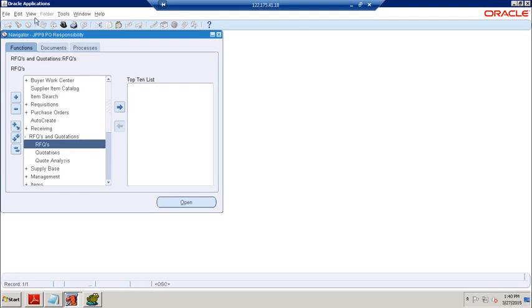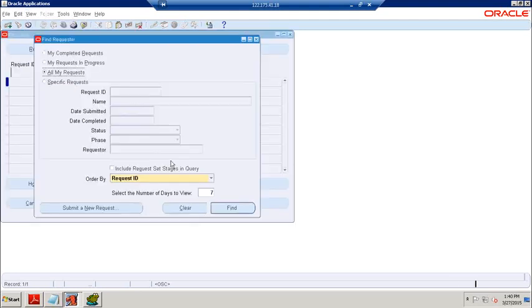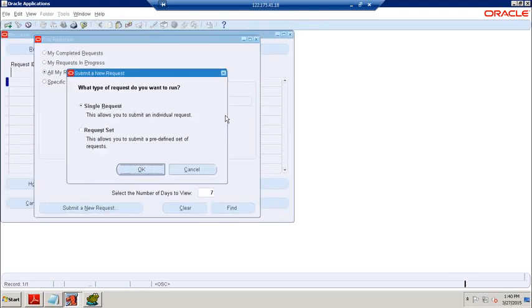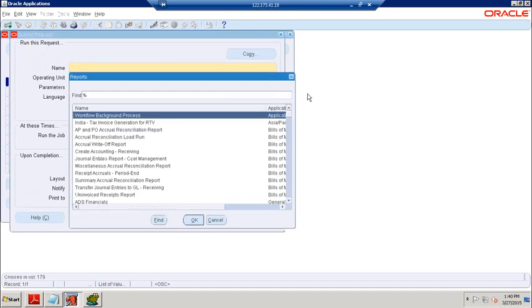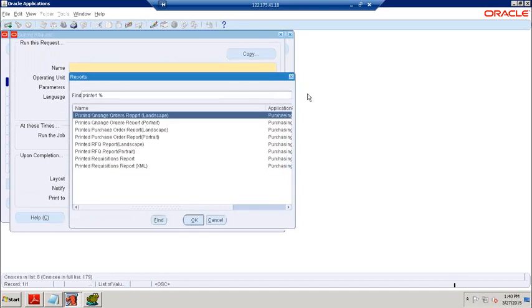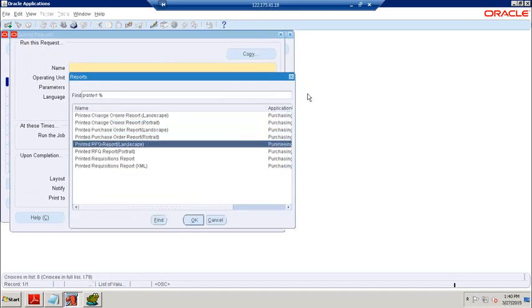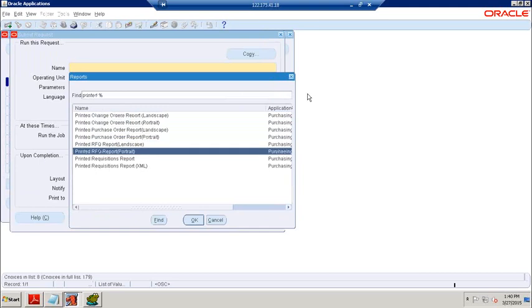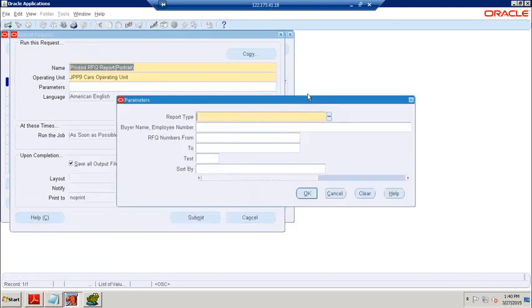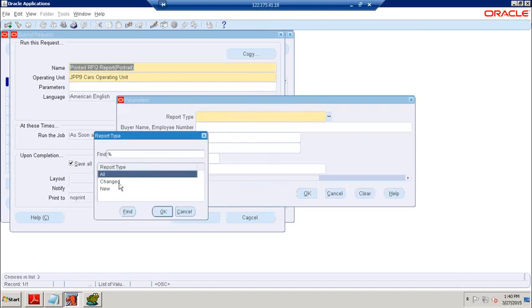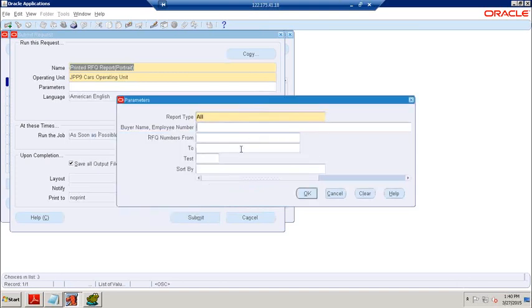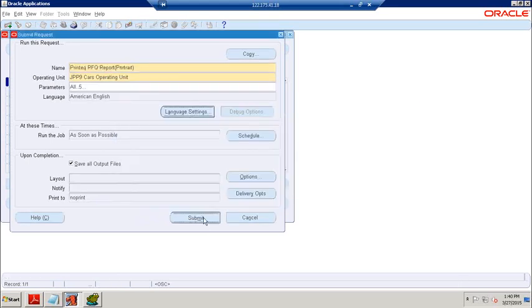So here we have a standard program, right? What is that? Print RFQ details report, either landscape or portrait, we can choose any one. So report type is all and buyer RFQ number is 5. Click on OK, submit.